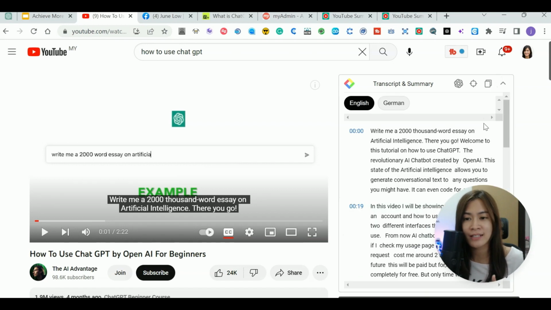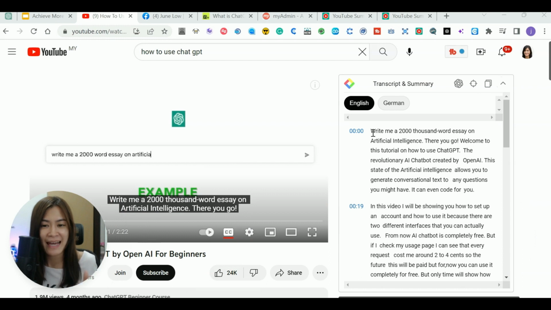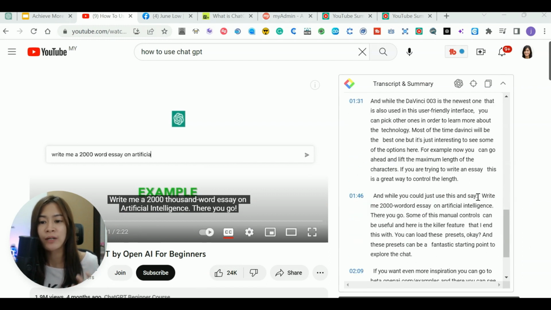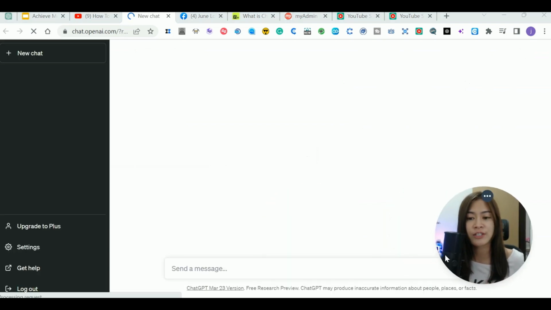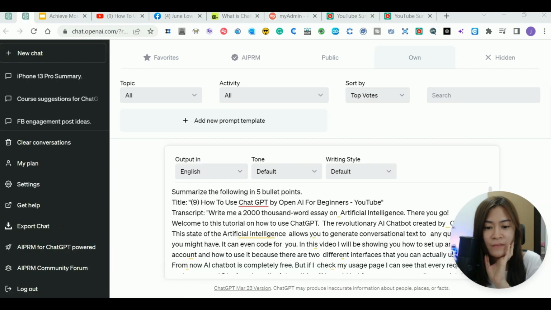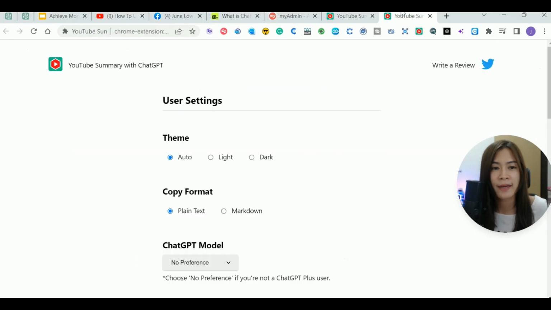When I press this arrow down, it tells me which minute and the exact transcription available, so that you can have a look over here before you watch the entire video. If you want, when you press this, which is View AI Summary by ChatGPT, it's going to open a new tab in ChatGPT and summarize the entire video for you. As you can see, it automatically takes the entire transcription, copies and pastes it over,